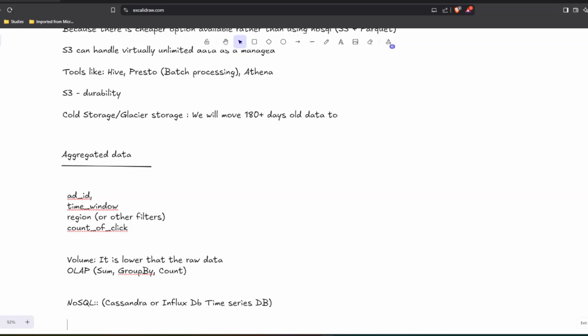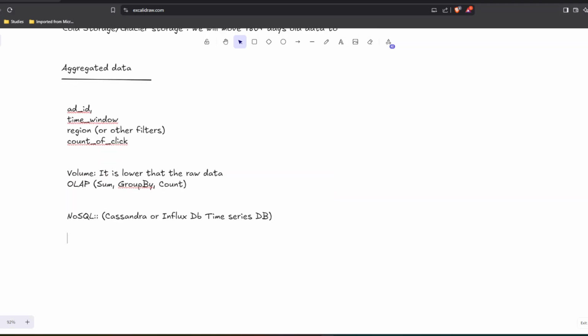Now why? Because Cassandra can handle very high write throughput. Like what I last read in the documentation, probably 3333 writes per second it can handle, which is kind of enough if you have a distributed cluster. This kind of latency and this kind of high throughput system is enough, and it is optimized for